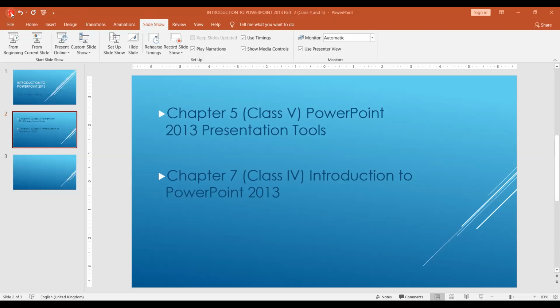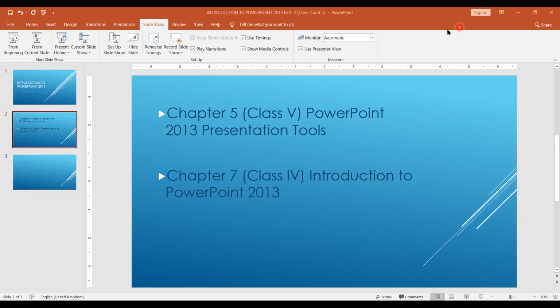You can save from here. This is save, this is undo, and this is redo. So this is called the quick access toolbar. This is called the title bar, and in this title bar, at the right side here, there are the minimize button, restore and close. If you restore, then it changes to maximize.